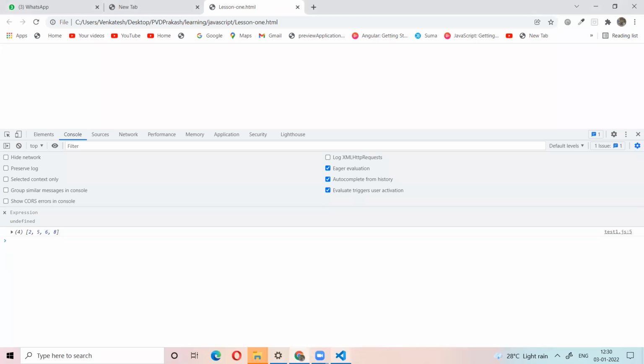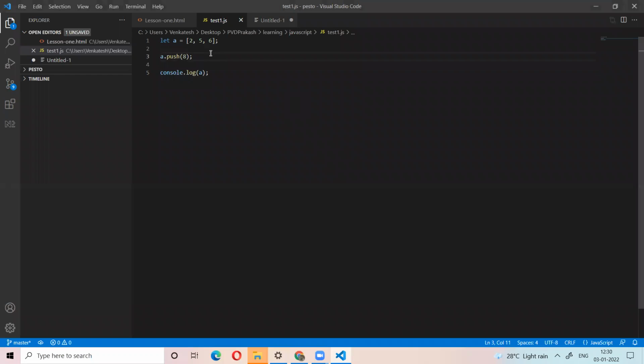Okay. Instead of this, there is another method, another functionality like a equal to resetting the array. Here, resetting the array with the new element.